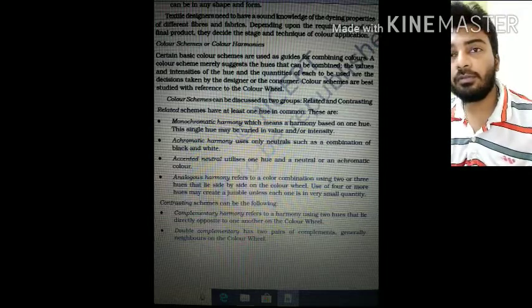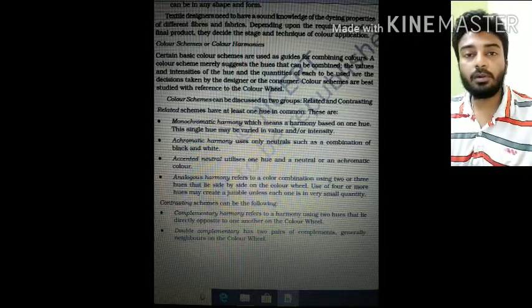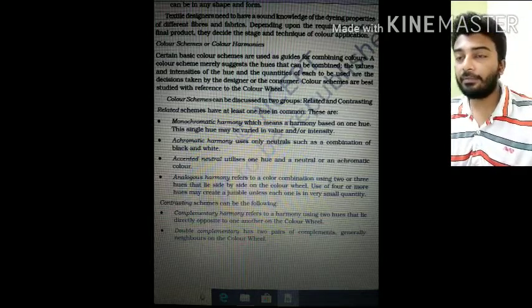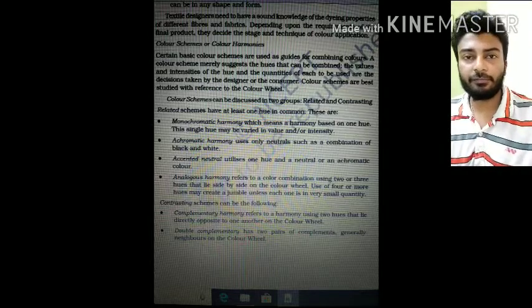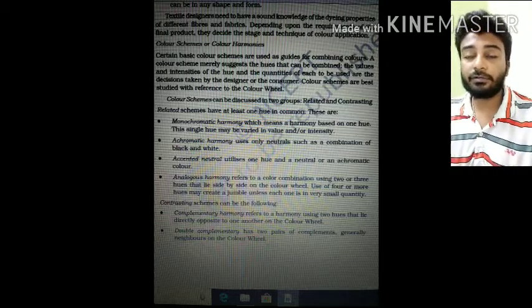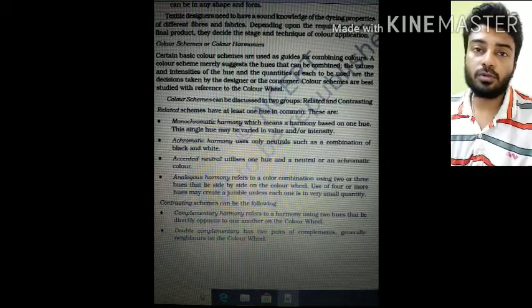Moving on to the second one, we will learn about the texture. What is the texture, what are the types, how it looks, how it behaves or feels. We will know about this in our next class. Children, go through this. This is a very important chapter and also a very complicated